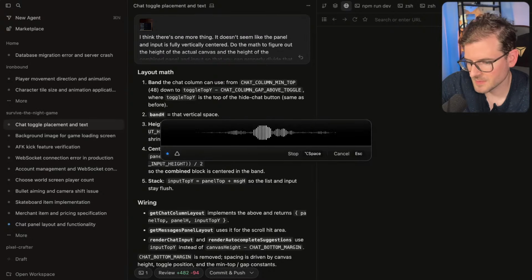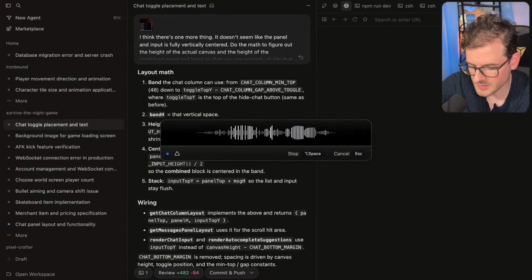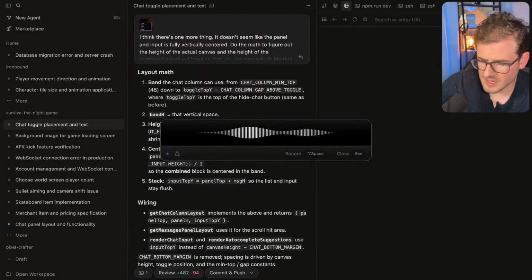I want you to fix it, but make sure the math is all correct. Don't just randomly add margin or padding. I want you to actually calculate the height of the canvas and do the math for the panel and the input height to figure out the exact center that it needs to be. Now this is a